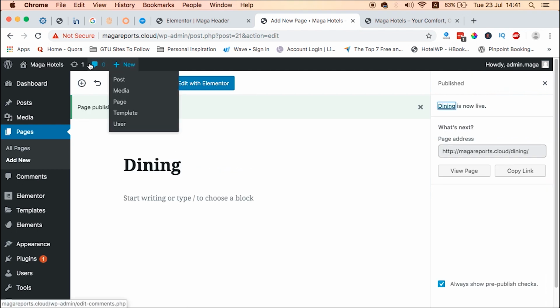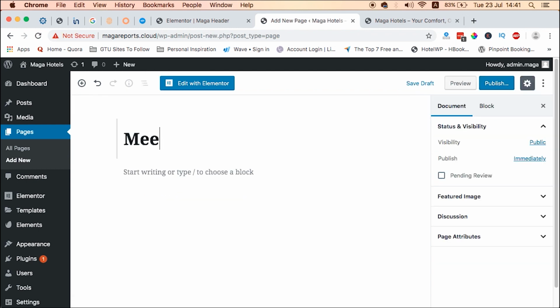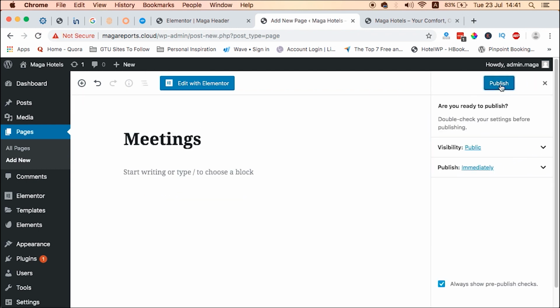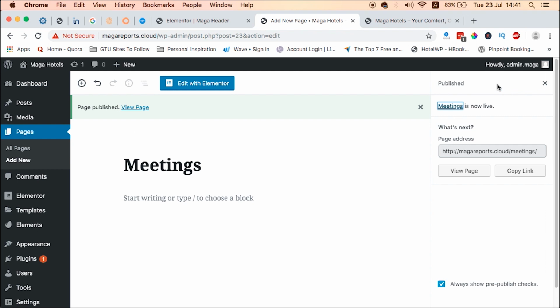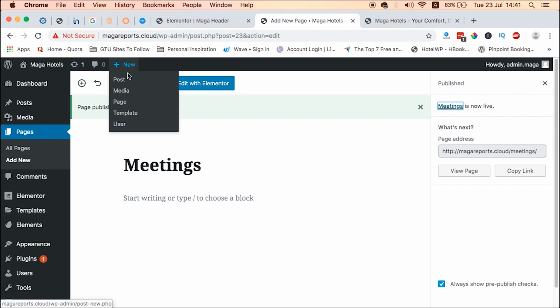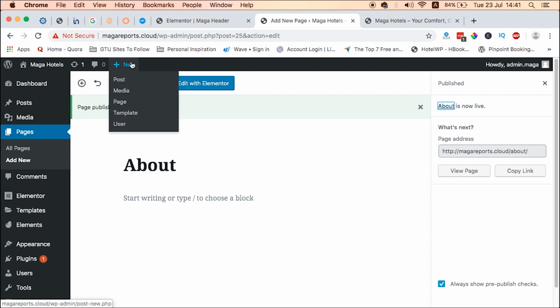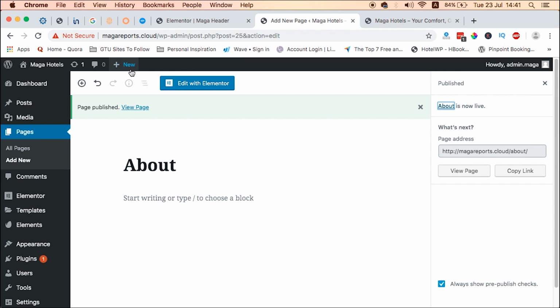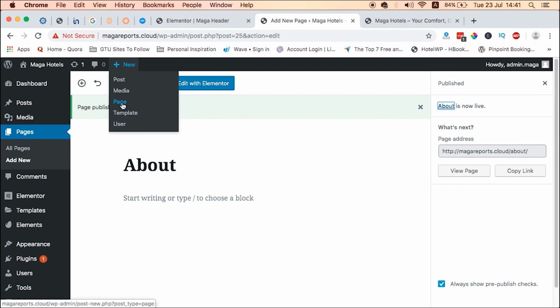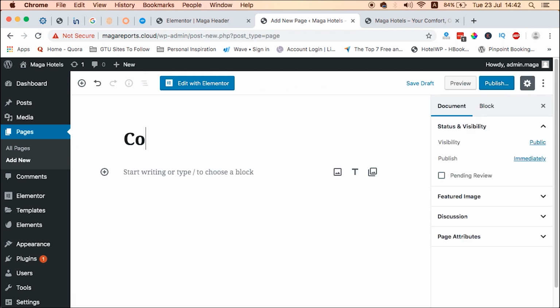Then we'll create another page and we call that page meetings, and then we publish that page. The other page we will need to create is called about. The other page we will need to create is contact, and we can use any of these features. We can either say new, or we can just use one of these quick access tools to create a new page. So we can just say new, and then we create our other page called contact page,